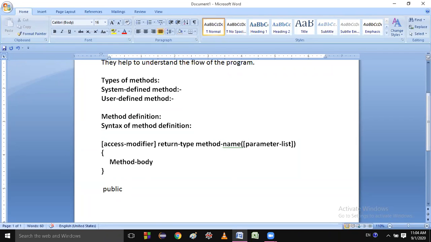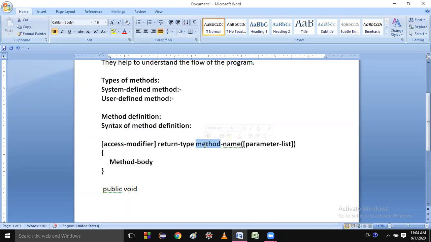So if I am making a method which is not returning anything, I can write void. So public void: access modifier, then return type, then method name.